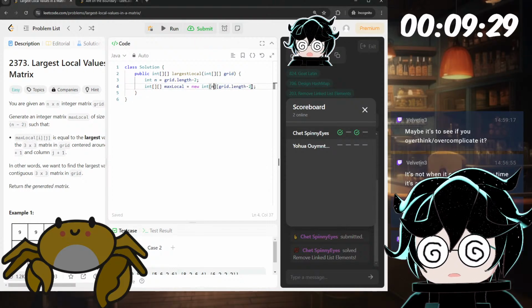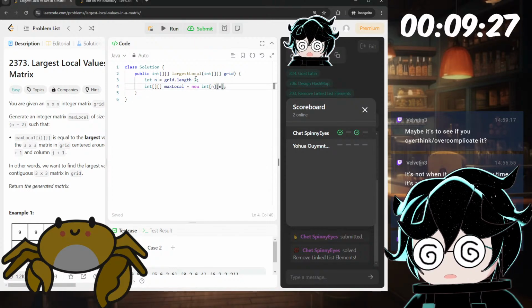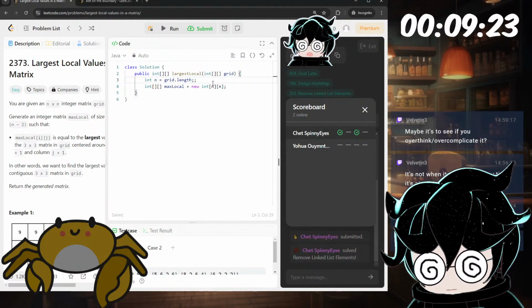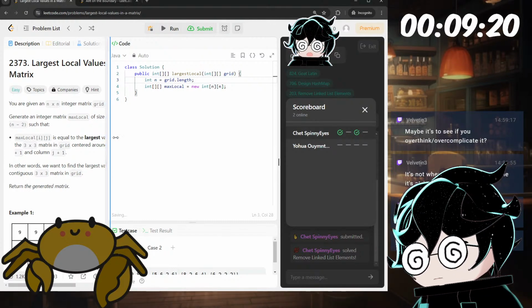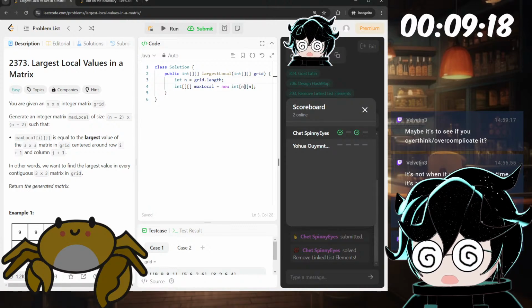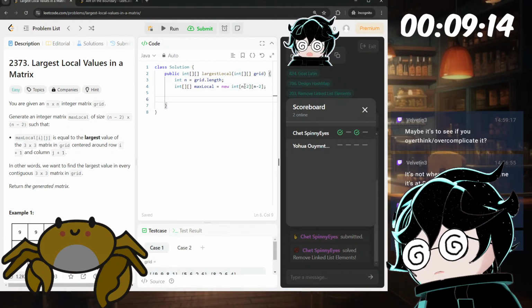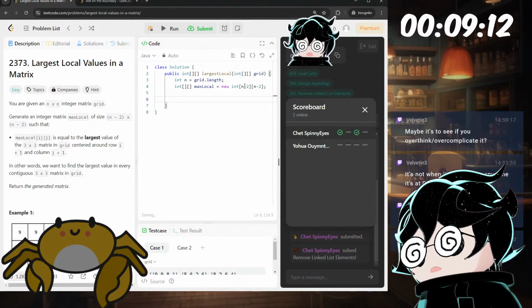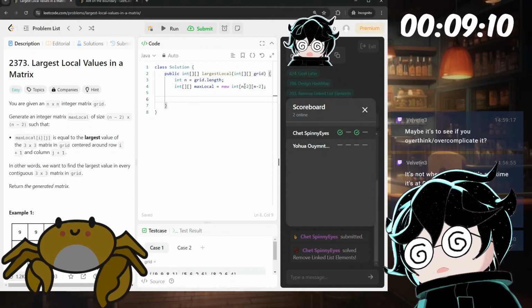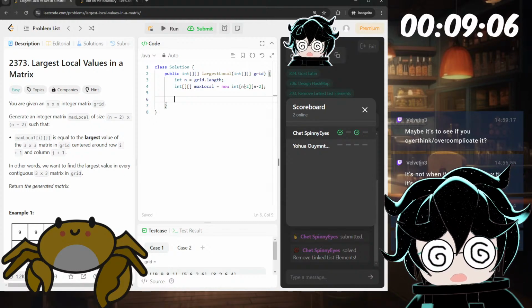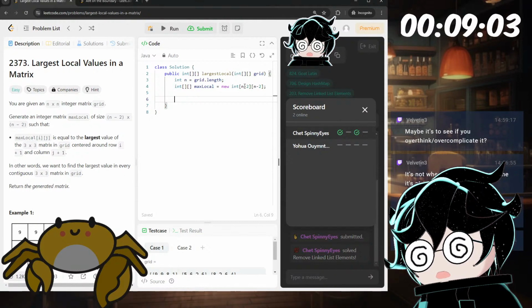And so the size is minus 2, minus 2, okay, is equal to the largest value of the 3 by 3 matrix in the grid centered around the row. Okay, out of bounds stuff is going to be a pain here.